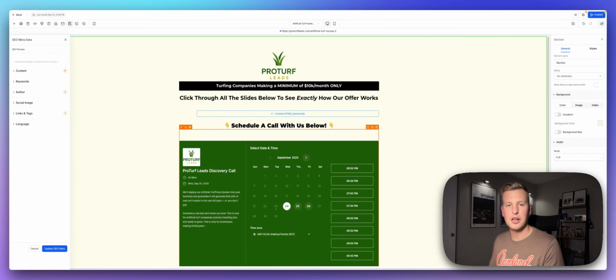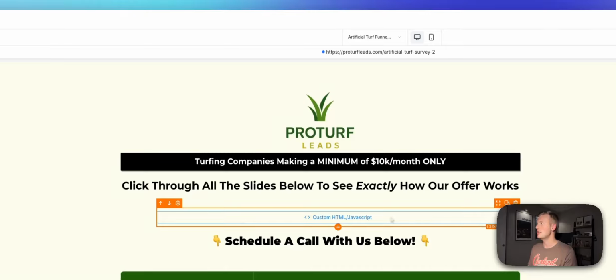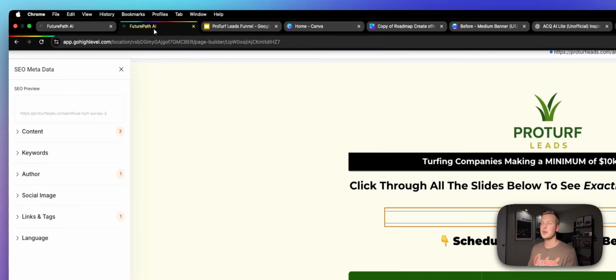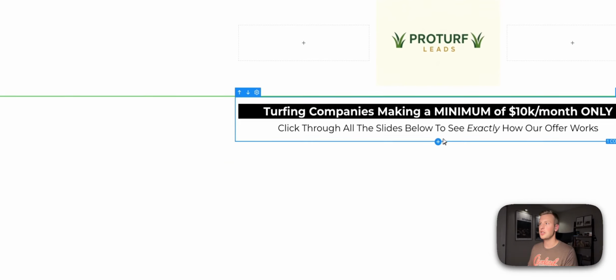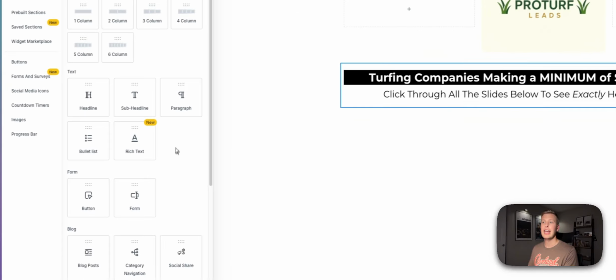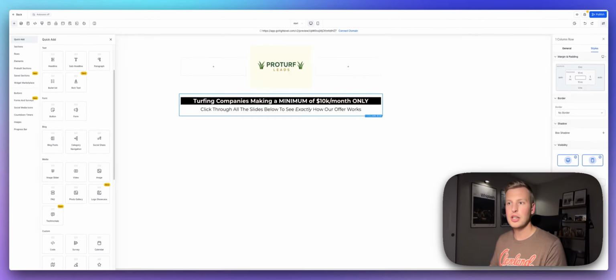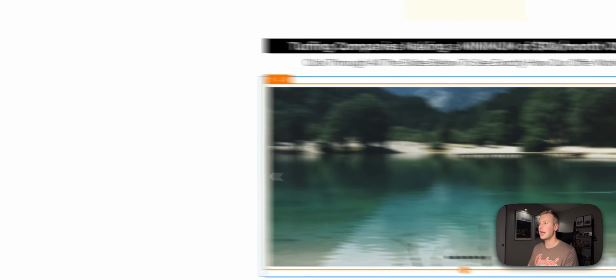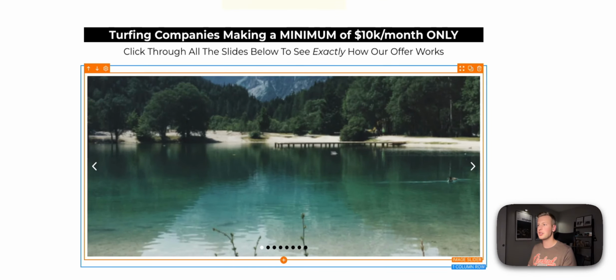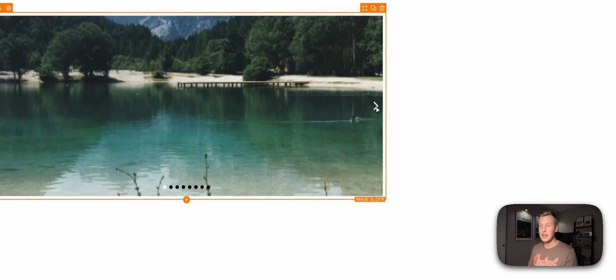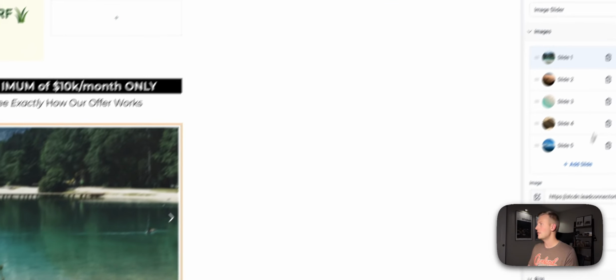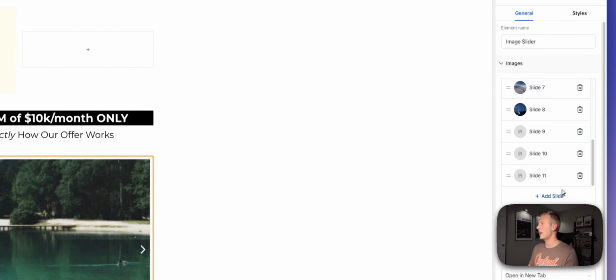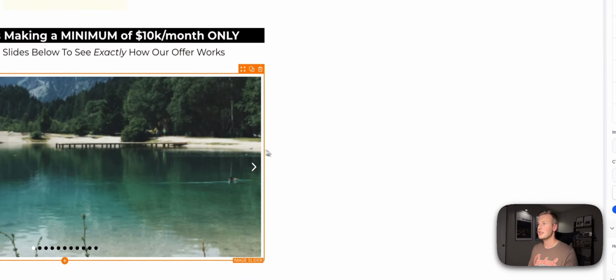Now, if we're looking at our cheat sheet again here, we will see that the next thing right below it is the custom code. So this is a little bit different than what you may see people post typically. And you may be wondering, hey, you can go ahead and put in an image slider, right? So this is essentially a slideshow. And I thought the same thing. You can go over here and add slide, add slide, add slide. So you can have as many slides as you want, or so you think, but you can only go up